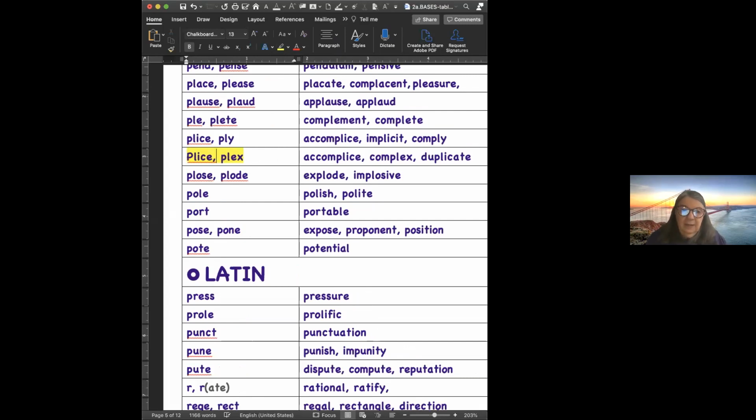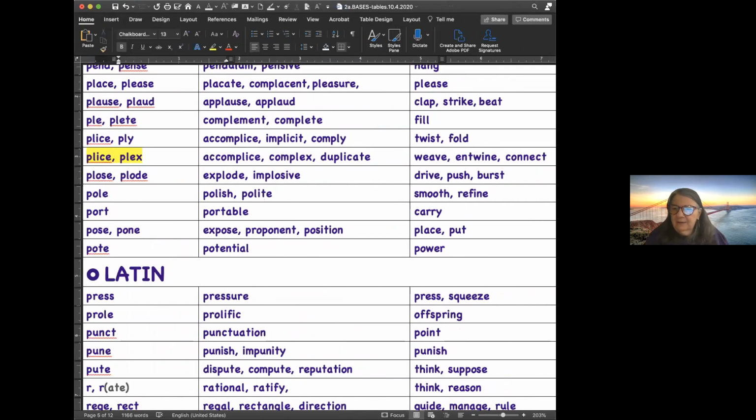Okay. And words that have it, like accomplice. That's not what I meant to do. Accomplice, complex, duplicate. But come on, keep going. Where's the other piece? Oh, now you can't see what I can see. I can't see what you can see. What a great list. We're still seeing your list.